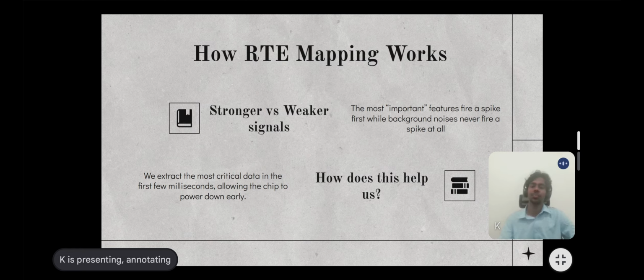In this case, the RD mapping works like this. Instead of encoding the normal pixel intensity, we use something called time to first spike. This paradigm changes the whole concept of how artificial neural networks work. We think of it like a running race, a sprint, where the first one, the winner, is rewarded and the last one is penalized. So this is the difference between the stronger and the weaker signals. So how does this actually help us? As we can see, this helps reward the actually needed features rather than the noises that are just there for overfitting the model.